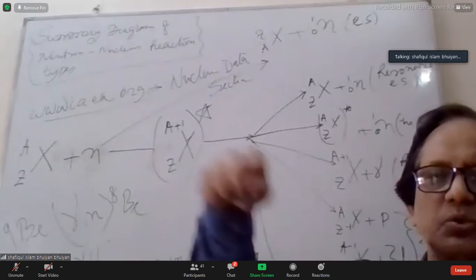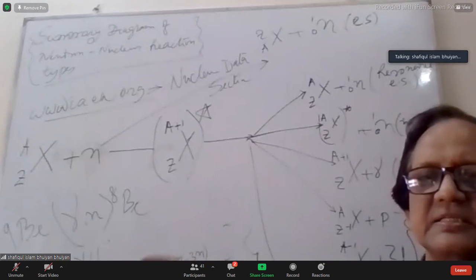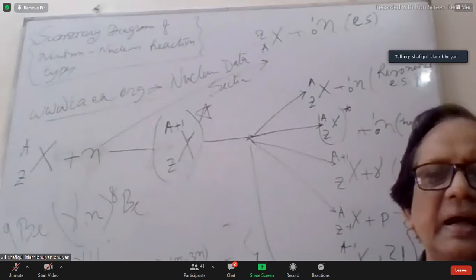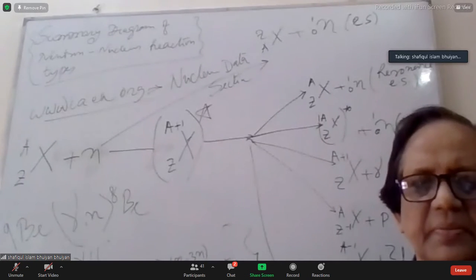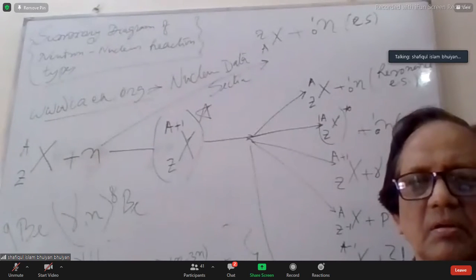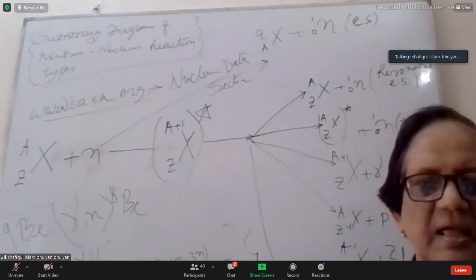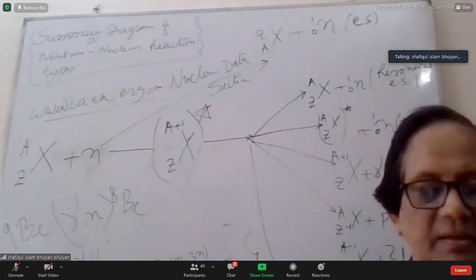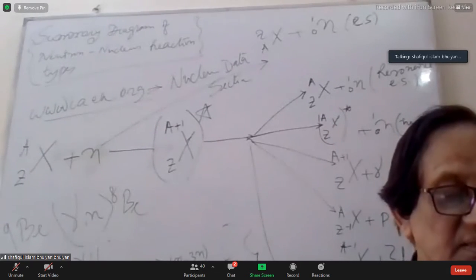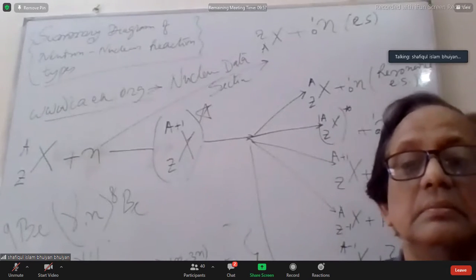So you shall have to know the neutron flux distribution and the energy spectrum. And it might have different geometry. The reactor shape can be rectangular, it can be a cylinder, or it can be any other shape. So this geometry we shall have to take into consideration, and the components of the reactor. So the cross sections for all these, and the cross sections when we talk about the